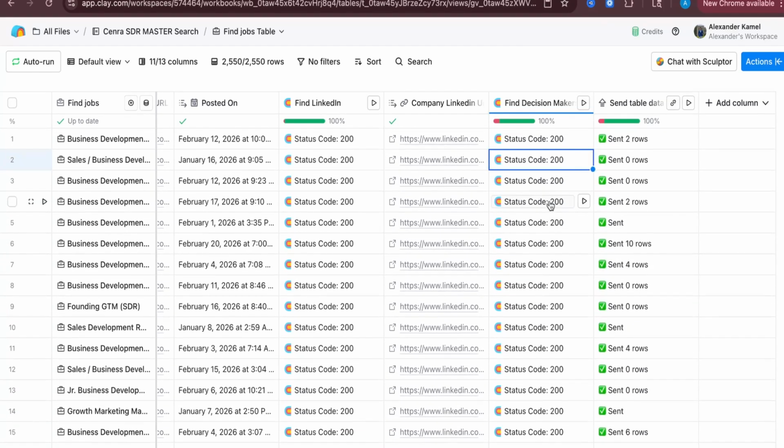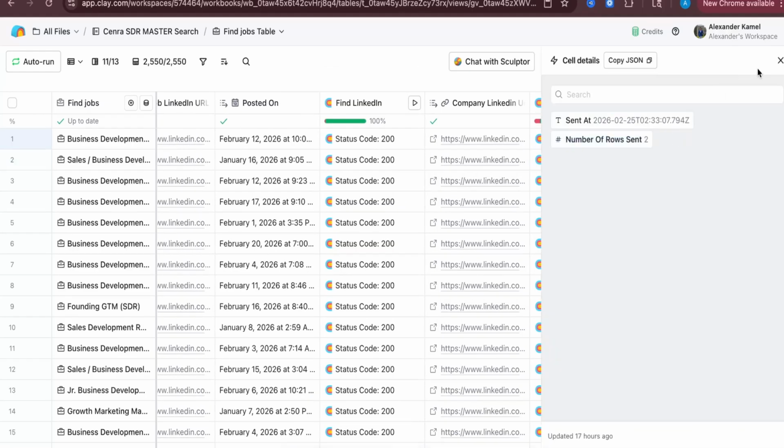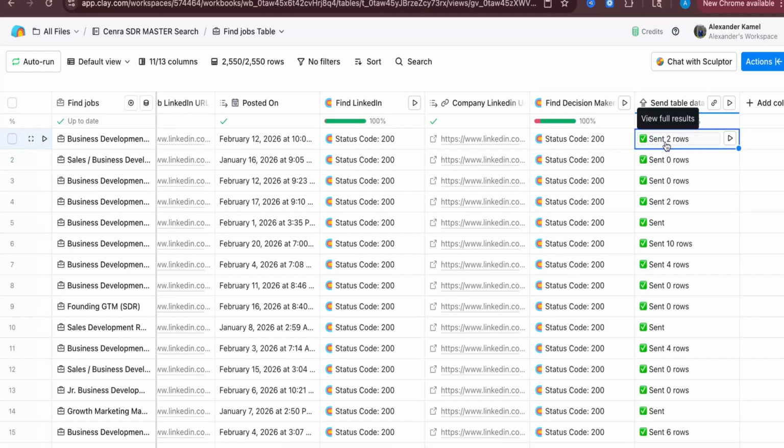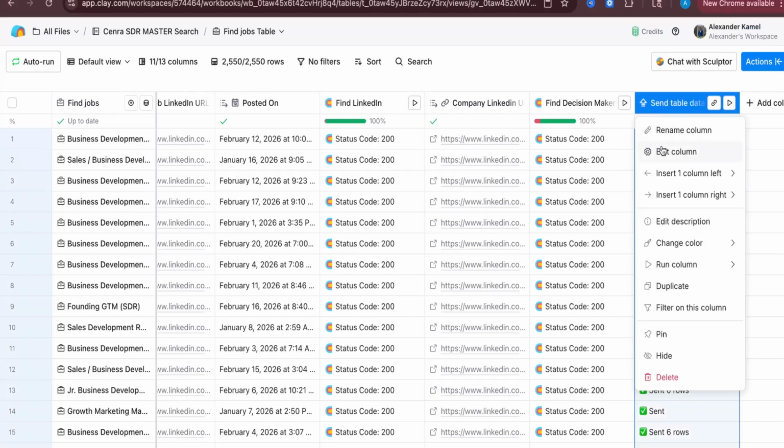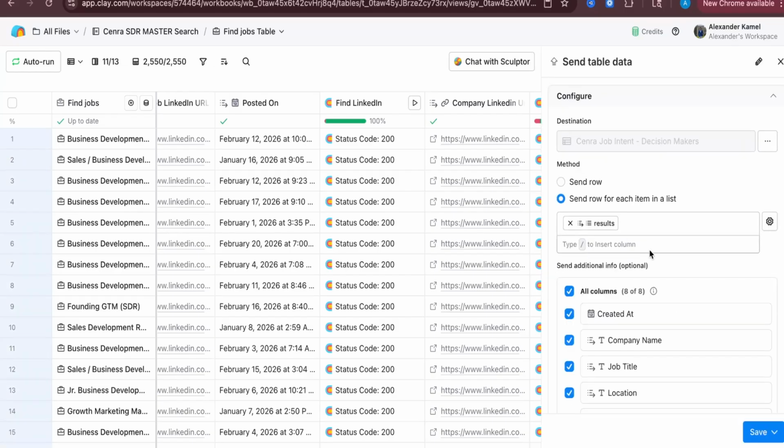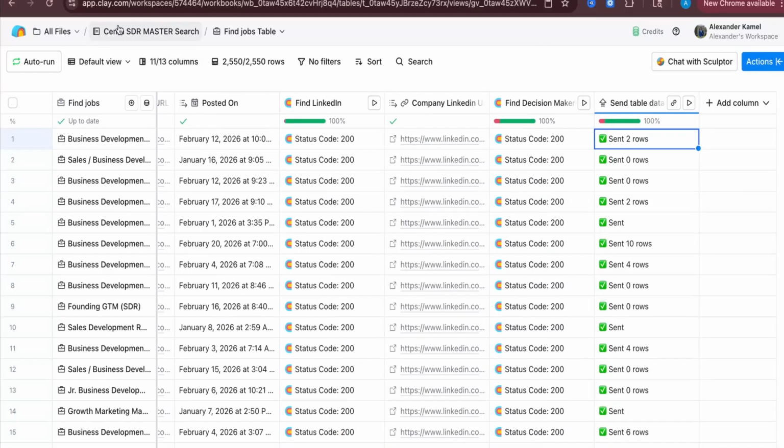Now, the issue that a lot of people have, that I was struggling with, was that I now have 2 contacts in this one row, but I don't know how to set that up in a way where I can have 1 contact per row that's going to give all of the company information. That is when we want to use this, which is sending the data to another table. So then what that looks like